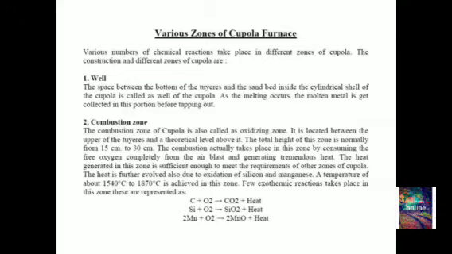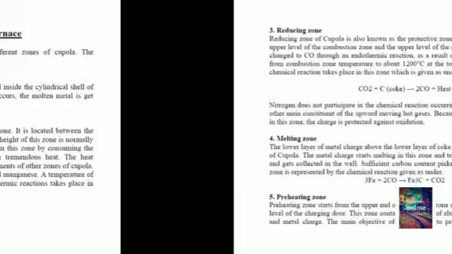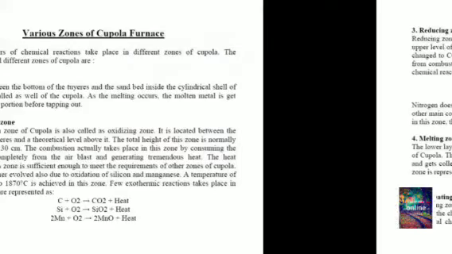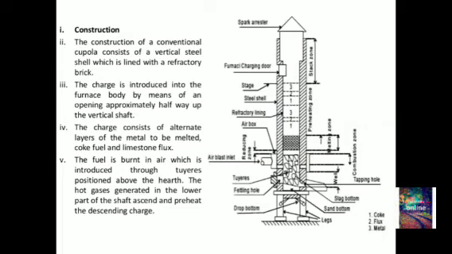In the combustion zone, we are having an exothermic reaction, whereas in the reducing zone, we are getting an endothermic reaction. So, these are the two reactions which we obtain in our cupola furnace. From the starting onwards, all of you observe the line diagram of the cupola furnace. On screen, we are sharing the line diagram of the cupola furnace.